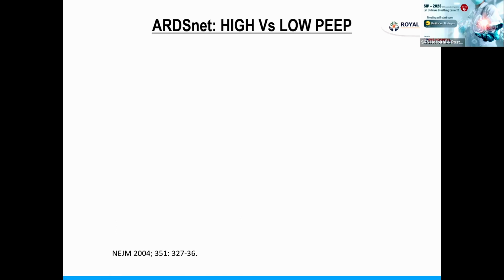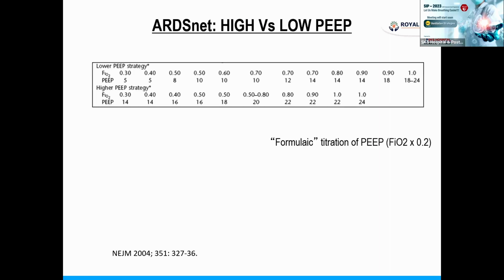So what were the studies done on PEEP? There were a lot of studies done on high and low PEEP. The most important study was the ARDS network study, where they used a lower and higher PEEP strategy. They used a formula for titration of PEEP. In a lower PEEP strategy, they used something approximately like FiO2 into 0.2. If the FiO2 requirement is 70%, they kept a PEEP of 14. If it is 80%, they kept a PEEP of